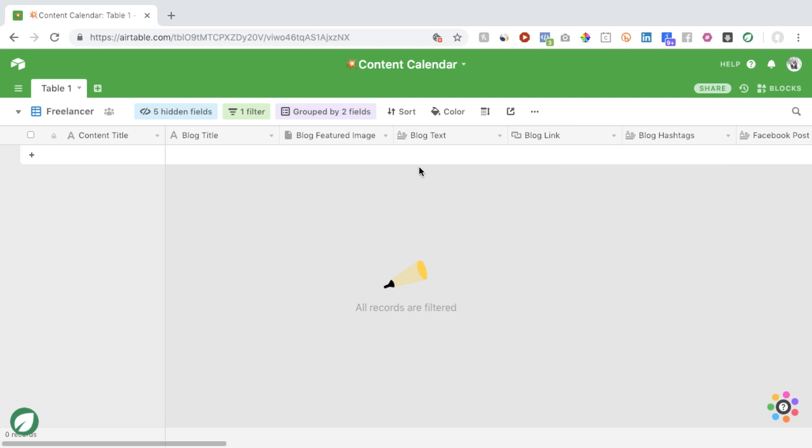Yeah, your freelancer view is ready to go now. So now we have the ability to share this view. Now with Airtable, you have to be careful with how you share your information. You can share it back in the main home workspace level. You can share that, which will share all the bases within that workspace. Then you can share this base, which will give them access to all of the tables